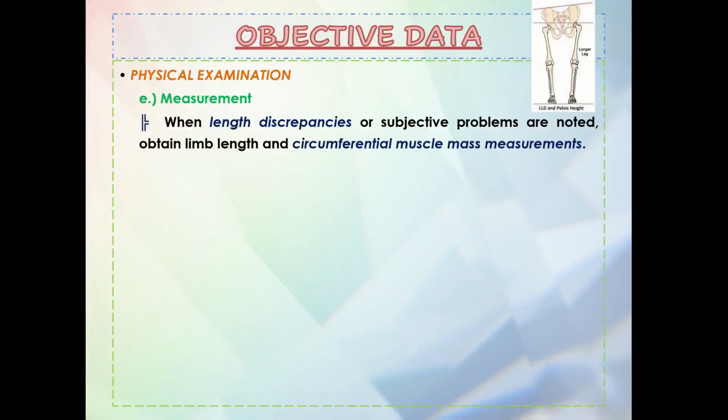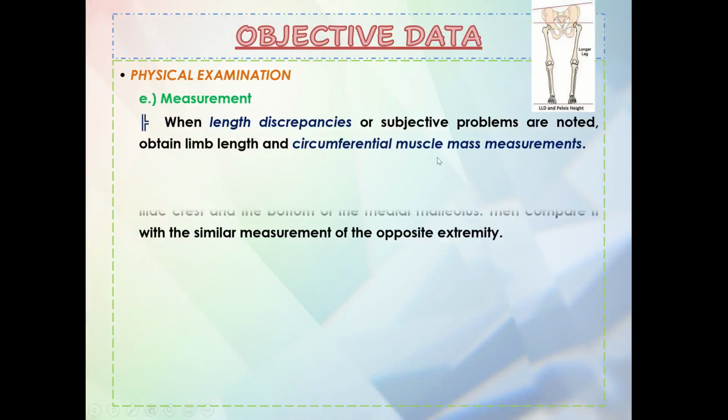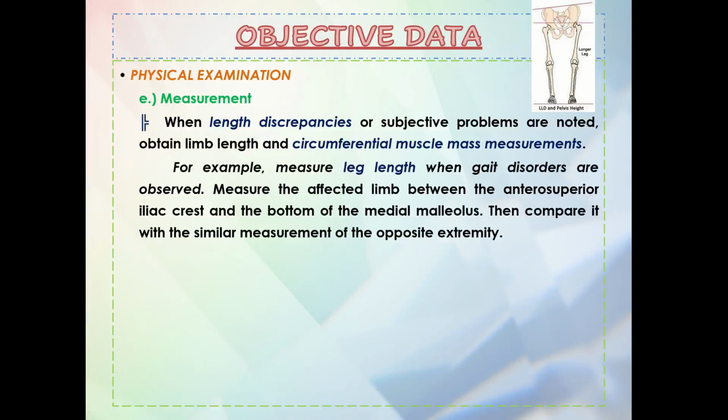Okay, next, measurement tayo. So when length discrepancies or subjective problems are noted, you have to obtain the limb length and circumferential muscle mass measurements. So for example, you measure the leg length when gait disorders are observed. So nakita mo may problem siya with his or her gait. So you measure the leg length. So measure the affected limb, just like this,